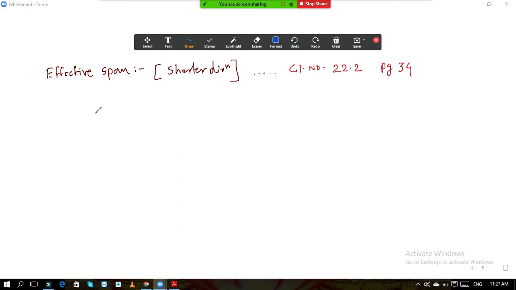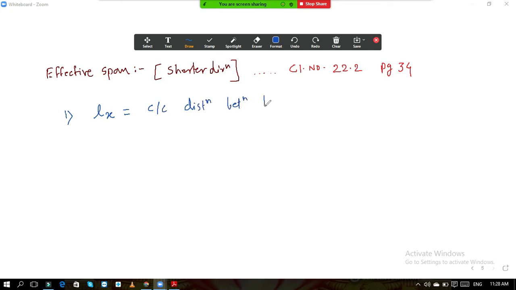According to this clause, let us say that the effective span in shorter direction is Lx. The x direction is my shorter direction. So it is clear span plus effective depth. There are two clauses given. For the shorter direction effective span, first thing it is the clear span plus effective depth, or center to center distance of the support. Whichever is less, that we are going to take. So first Lx is equal to what? First is the center to center distance